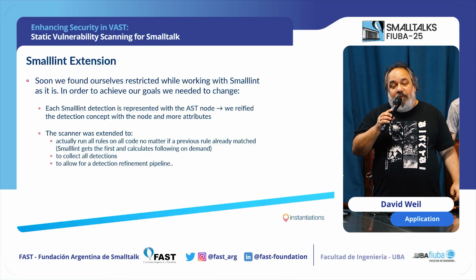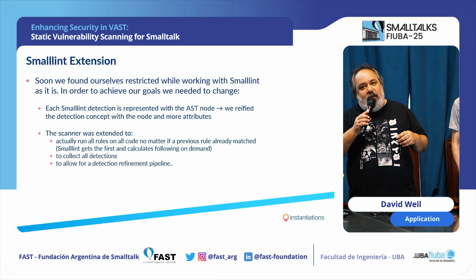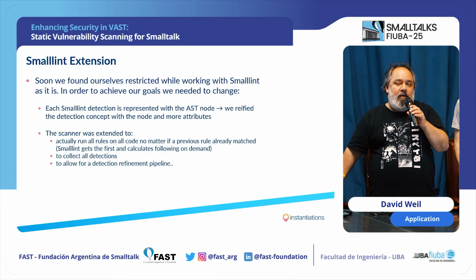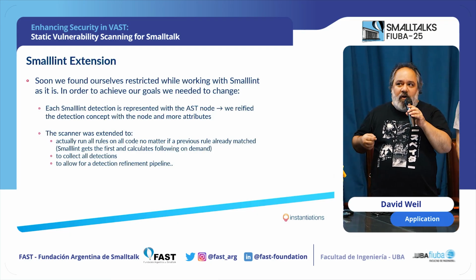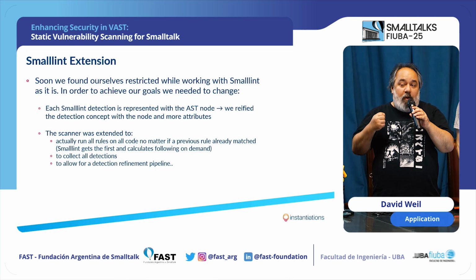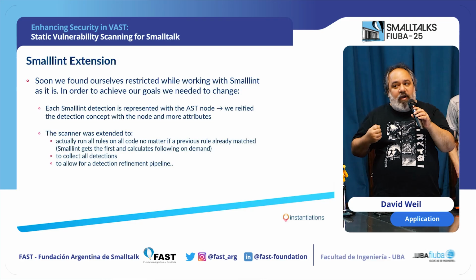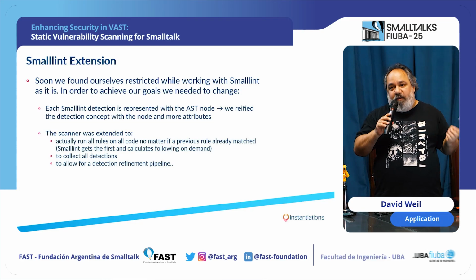The main thing was to convert SmallLint into something more oriented to what we have. For SmallLint, whatever you look up is a piece of code or a node in the AST tree, but we needed to convert that into an abstraction that is a detection,